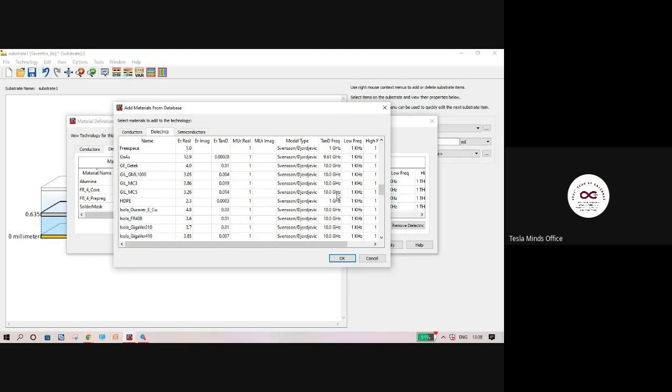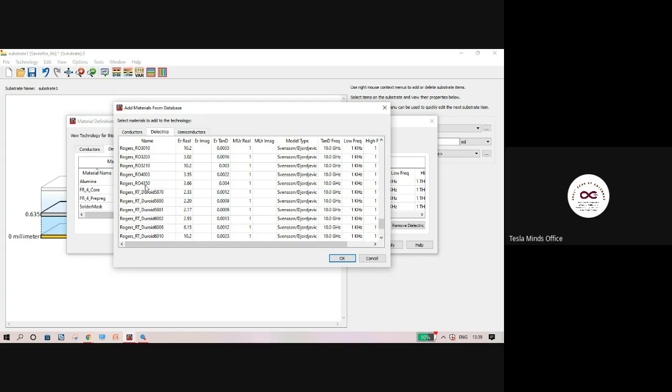Most probably, as I said, we either go for FR4 because it is cheap, easily available, and easy to fabricate, or we go for a Rogers substrate. You can see the Rogers TD Lloyd Rogers substrate. This series is very effective when you require high gain antennas. So if you want easy to fabricate and cheap antennas, you can go for FR4, and Rogers when you want high performance antennas.